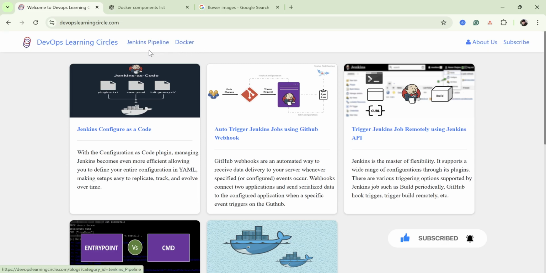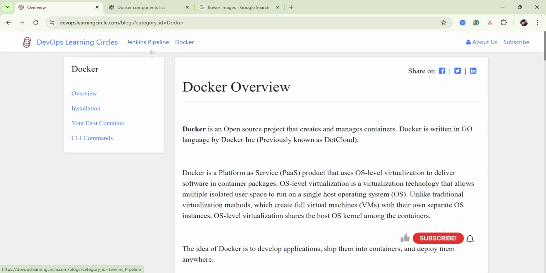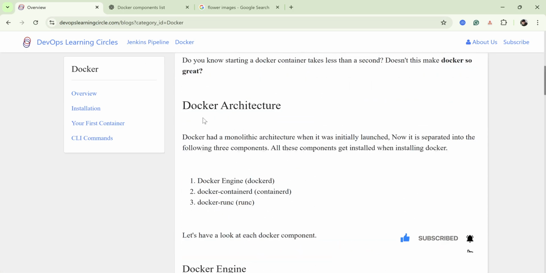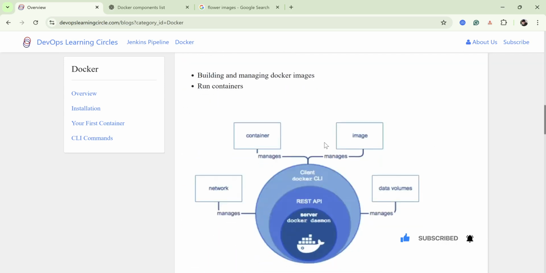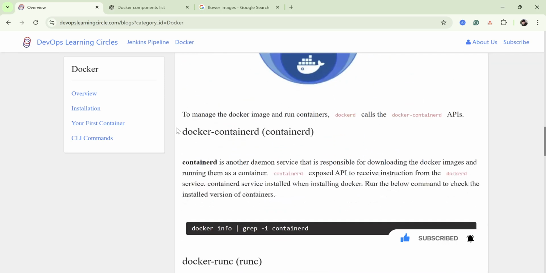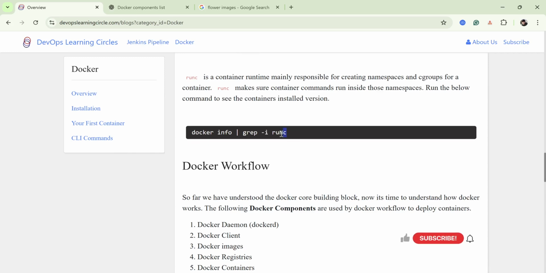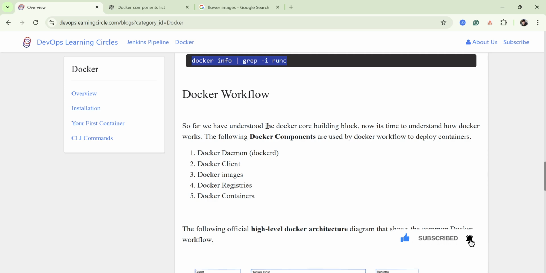Here we have a few articles, and also a Jenkins pipeline, with all the instructions completely step by step. And Docker, I recently started working on Docker, so you can find a Docker overview where I mentioned all the information related to Docker architecture, how this architecture works, Docker containerd, how to get the containerd version, how to get the runc version, and the Docker workflow.